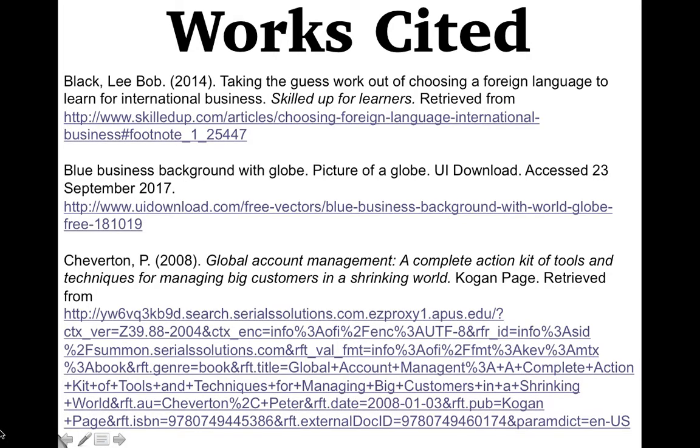And finally, here are my works cited pages. I do have 3 of them, citing every picture that I use, the background picture, the smaller pictures I use throughout the slideshow, and also the YouTube video. And I've also cited my scholarly references and all my references I use throughout the slideshow as well, so I will let those play out.